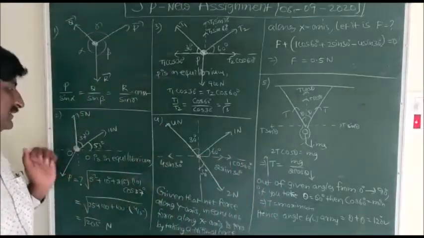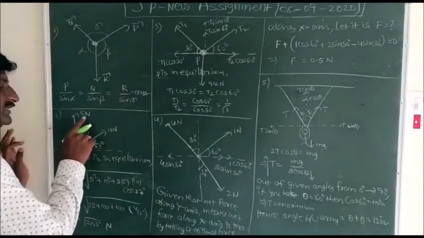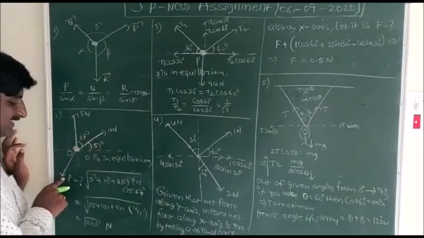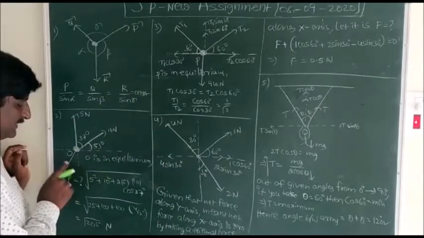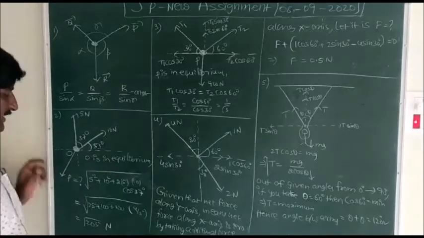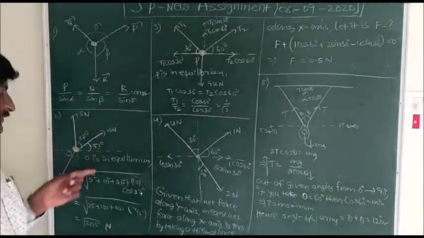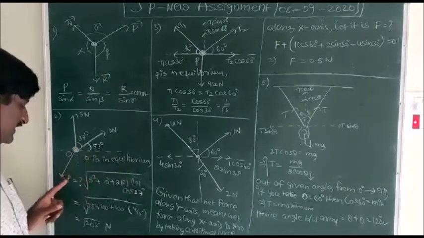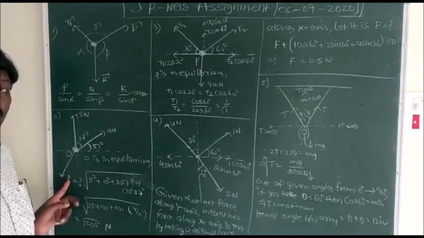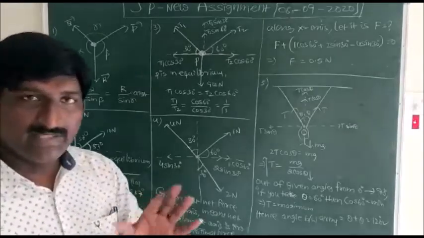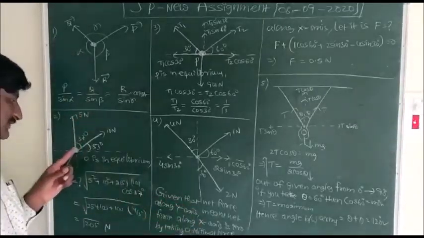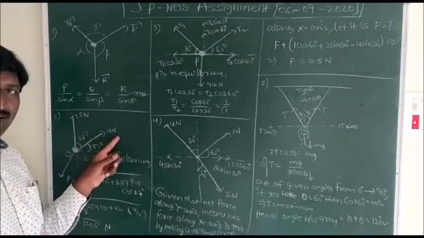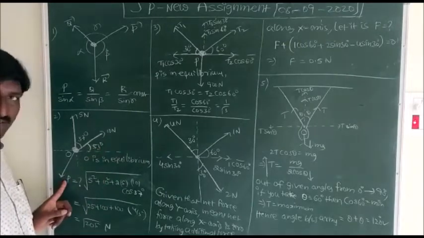Coming to the second bit, in the diagram two forces are mentioned, 5 newtons along the y-axis, 10 newtons in the xy plane, and some unknown force P newtons in the third quadrant. These three coplanar forces act on a particular point O such that O is in equilibrium. Then calculate the unknown force. Clearly, according to the equilibrium condition, if this point is in equilibrium, the resultant of 5 newton and 10 newton is cancelled by this P.